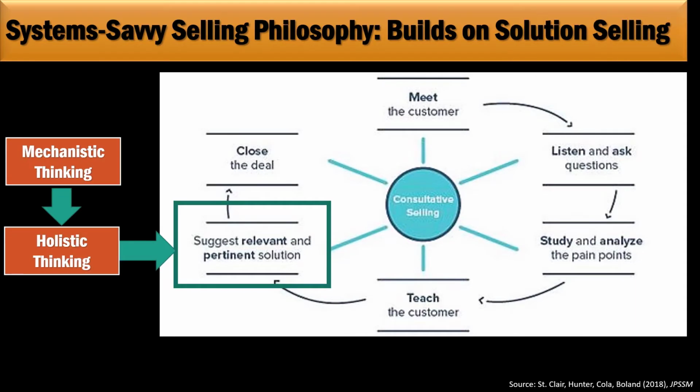Okay, so that's consultative. Building on consultative selling is the idea of system savvy selling. So system savvy selling builds on solution selling or consultative selling. If you're thinking about those types of solutions that you're developing, you can think very algorithmically or you can think very holistically, right? Algorithmic is a very mechanistic way of thinking, where you say step A, B, C, D, E, F, and you're looking more at the details of the parts or the trees. You're literally thinking about the trees.